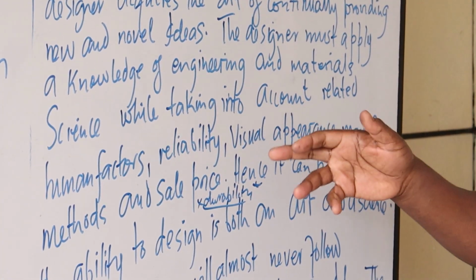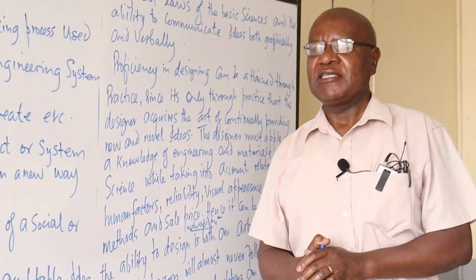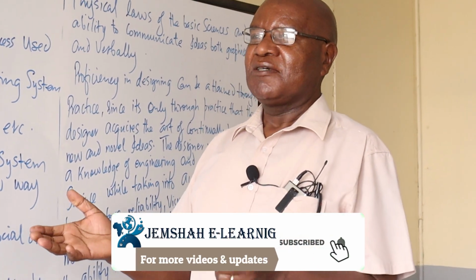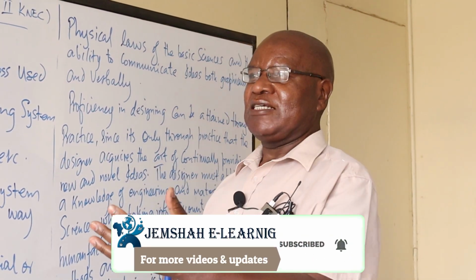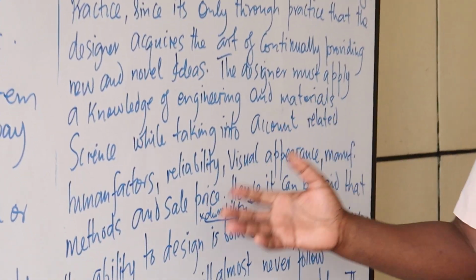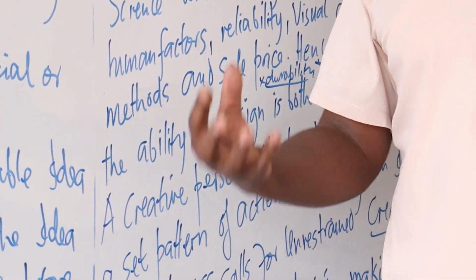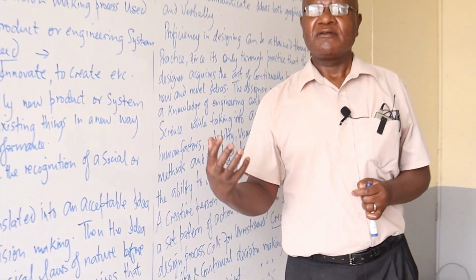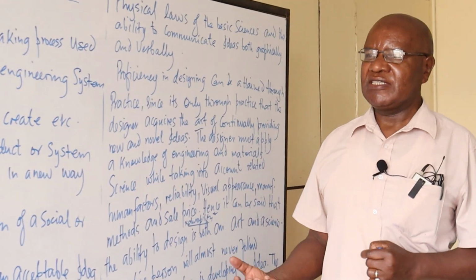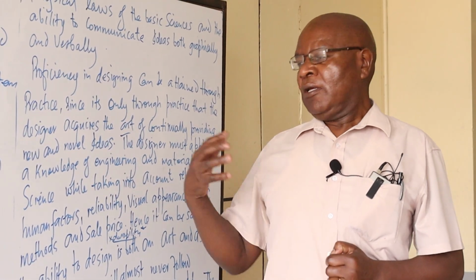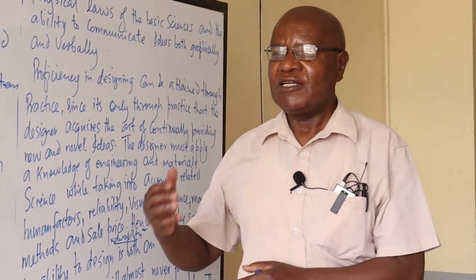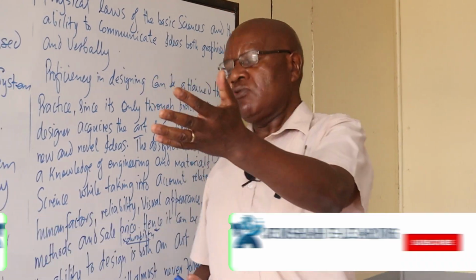Then the visual appearance. Most people look at appearances. A good example is the vehicles. You have the same Toyota, but there are different versions of it, dictated by what the market wants, visual appearance. Then the manufacturing methods available. Sometimes you can have a design idea, very good, but then it cannot be actualized locally. Now the beauty of it is that those ideas, once you have them, you can register them as